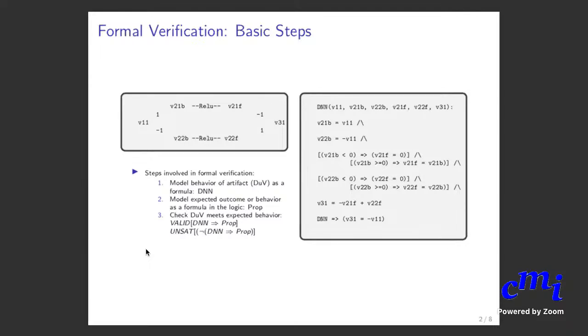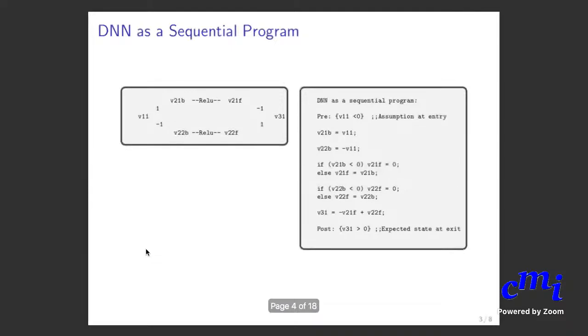And with a SAT or an SMT solver like Z3, validity is checked by taking the negation and proving that it is unsatisfiable. So if there is a violation, any satisfying instance of the negation will be a violation of the property, and that's how it is done. So that's just a recap.